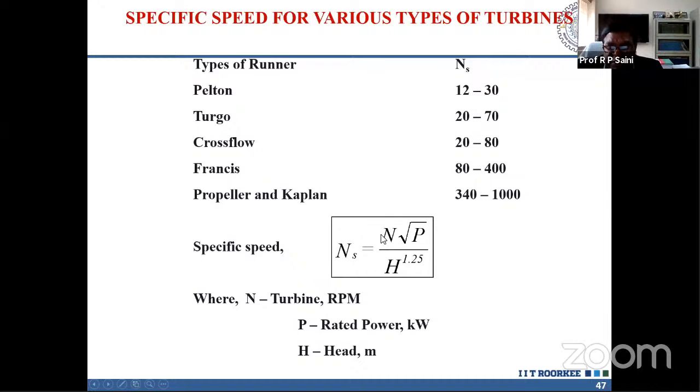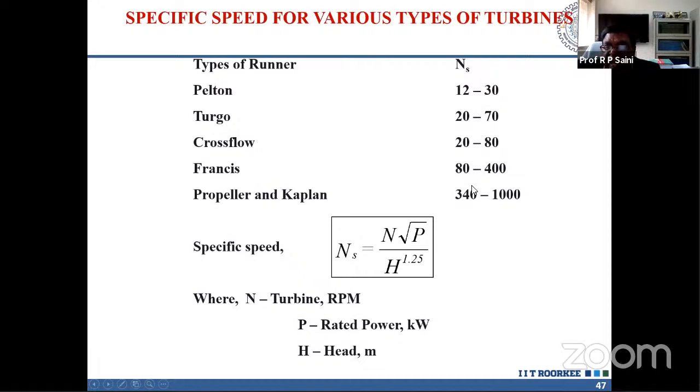So that means just assuming this speed, and taking the plant capacity, whatever value comes will not be in RPM order. Of course, it has a dimension, but it's a number. I can say this is the specific speed. If that specific number comes between 342 and 360, you can immediately say the Kaplan turbine, a low head turbine, will be suitable. If it is between 80 to 400, then you can say that's a Francis turbine. And if it's 20 to 70, say the Pelton impulse turbine.